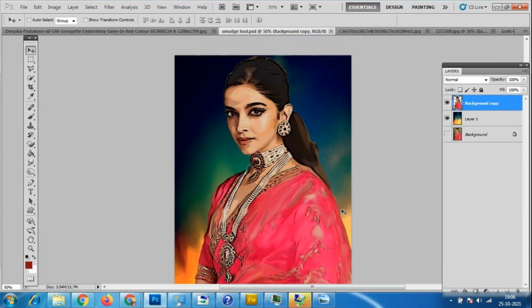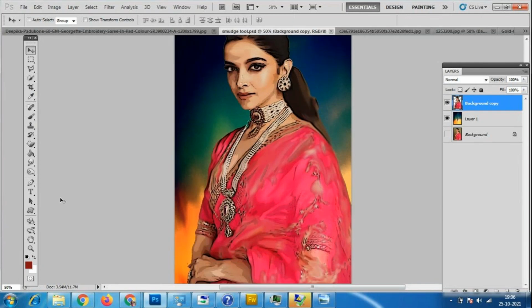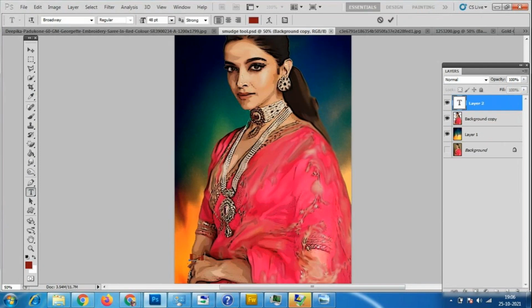Even for this you can use the text tool, and I'll make a text of this. So I'll make it as Padmavati. That is the movie poster. Suppose I'll make it as a movie, this one only.